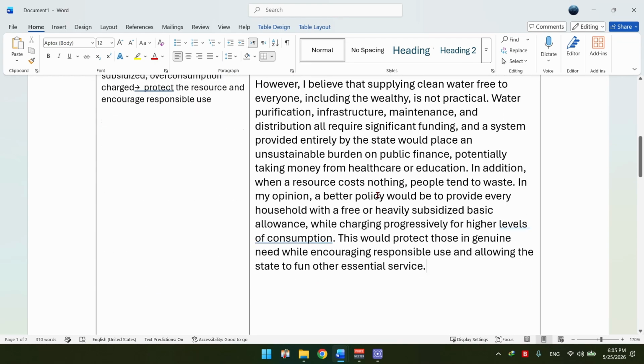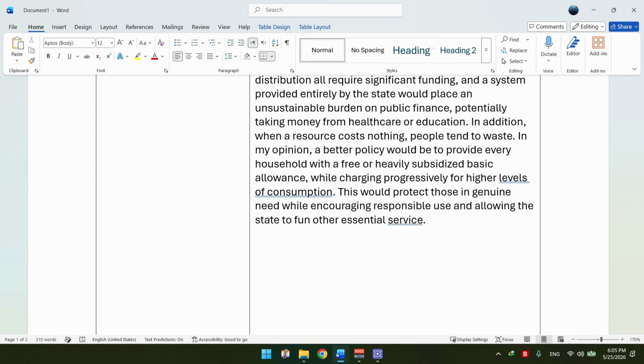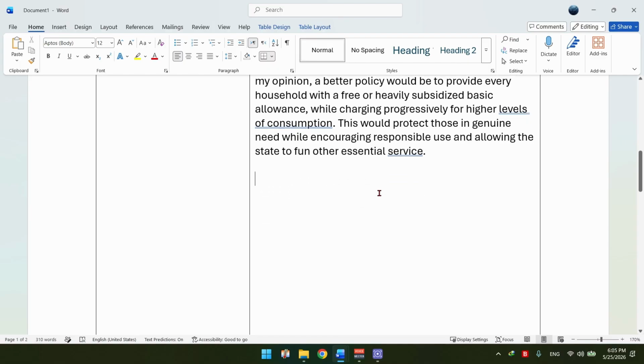My two body paragraphs are done. Right now, the only thing that is left is to wrap it up in a conclusion. Your conclusion needs to be, for example, two sentences, a short summary of everything you have covered. Don't repeat your introduction. You need to use some details from your body paragraphs. If the reader doesn't have much time to go through all your body paragraphs, by reading your conclusion they should be able to get all your points.